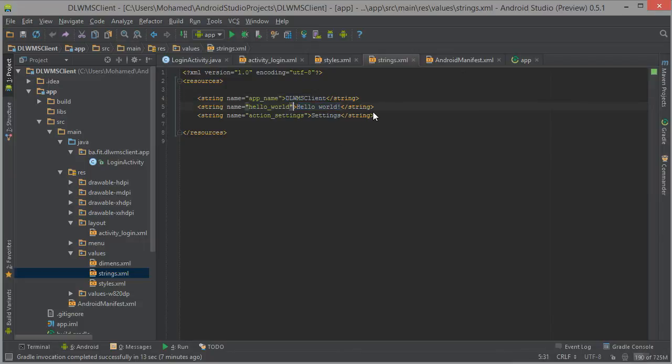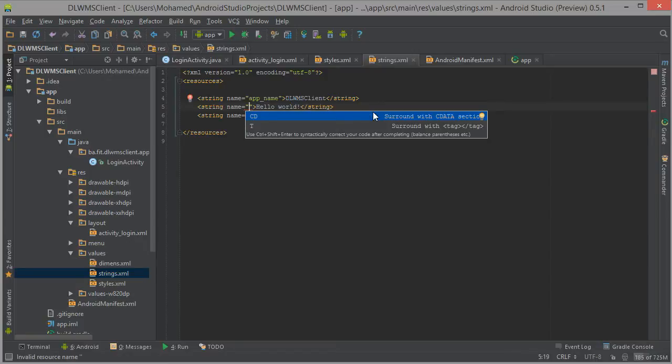Okay, so here, instead of hello world, for example, I could type in something else. So the strings are divided into two pieces: the name of the string, which you're going to access from code, and the value of the string, which the user is going to see in the UI layout. So right here, I'm going to have,